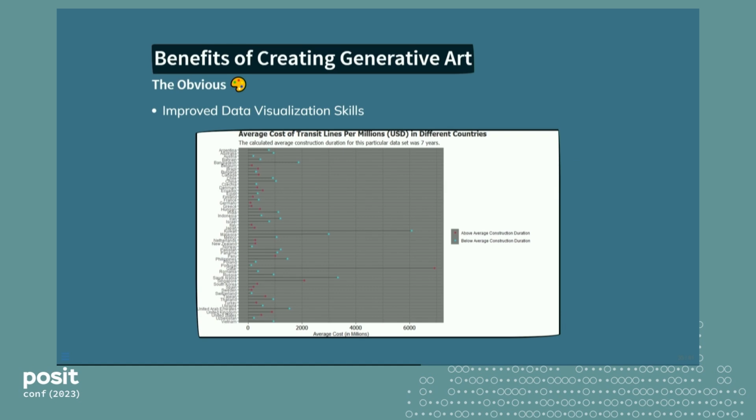And I love to use this example. So what you're all looking at is my very first Tidy Tuesday submission I did years ago. So for any of you who don't know, Tidy Tuesday is a weekly data viz challenge that we have in the R4DS community. It used to be super popular on Twitter before it became a hell site. But this was my first submission, and you couldn't tell me nothing.